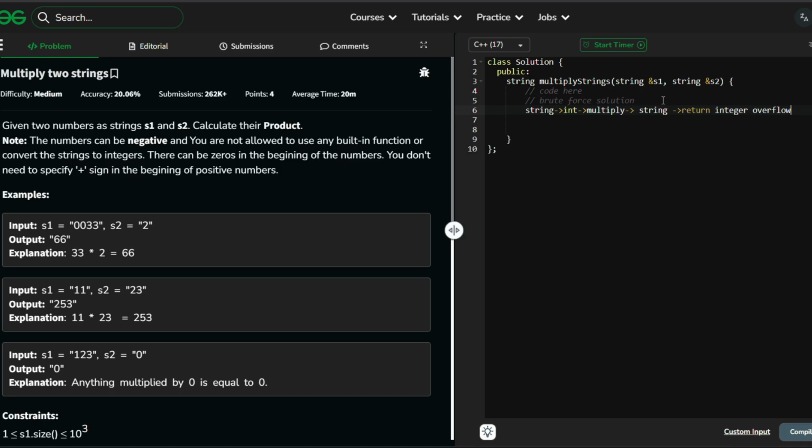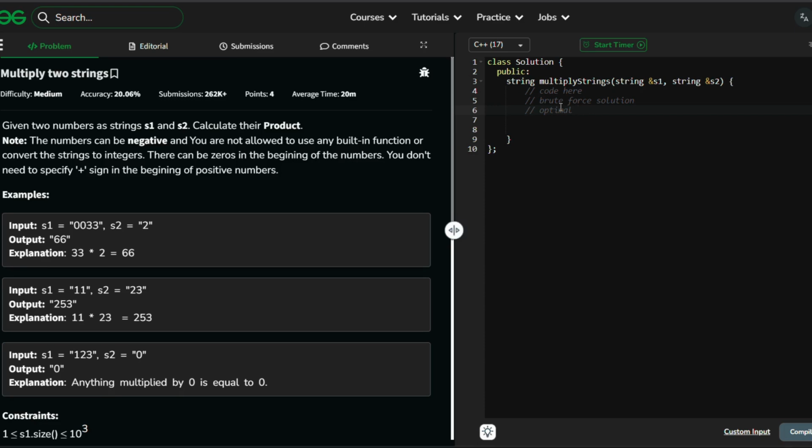So to prevent this, we use what is called the multiplying factor approach. Means we use an array. So this would be an optimal approach. We would use an array to store the values of the strings.